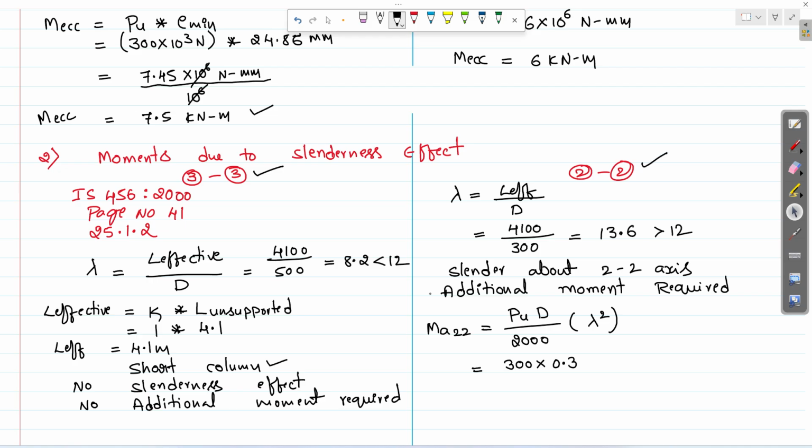So about 2 axis, depth will be 300 millimeter, which will be 0.3 meters. So 0.3 divided by 2000 into lambda 13.6 square. So your additional moment will be,